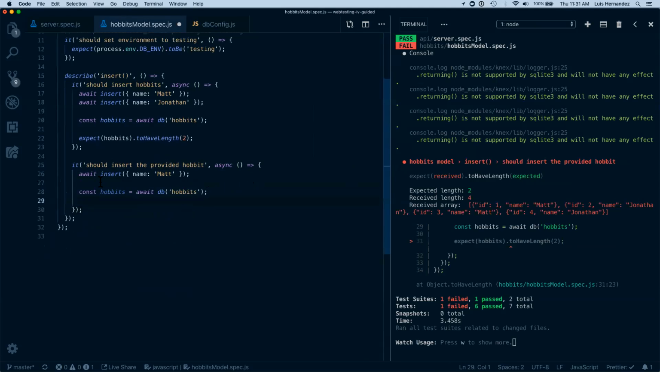Yeah, we expect. After that, we do an expect. Expect hobbits. It's going to be an array. Maybe we could do this. Maybe I could say const inserted. Okay, then it gets easier. Now inserted dot name to be